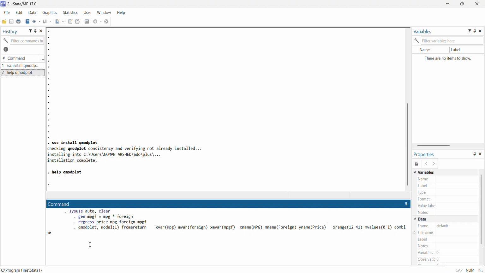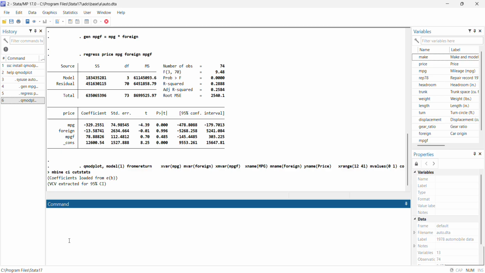First of all, it will run regression. What is it doing? It's estimating model number one, which is linear moderation, where I give the X variable name, moderator variable name, cross product name, and their labels, and then their ranges from the data. And then you can add more things like the CI for confidence interval and cutstats if you want to see the cutoff values. When you run this,